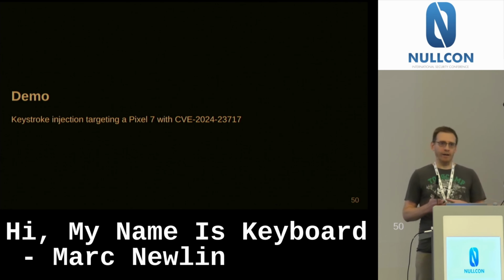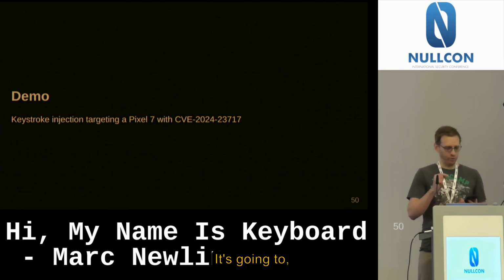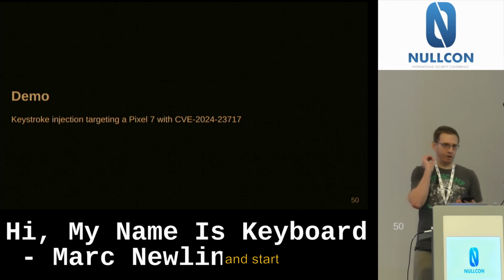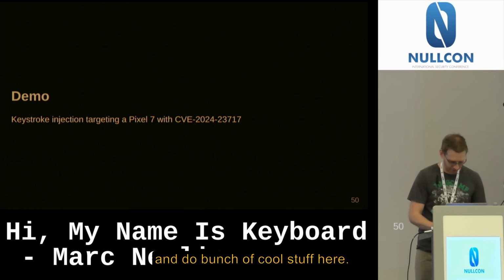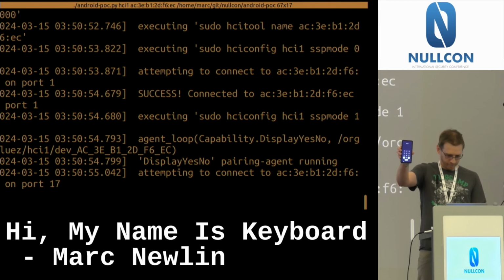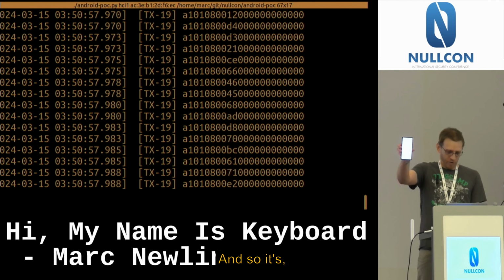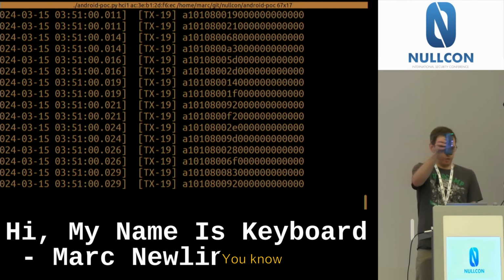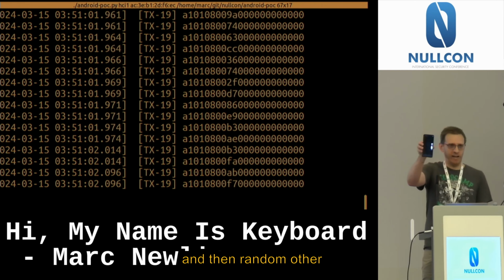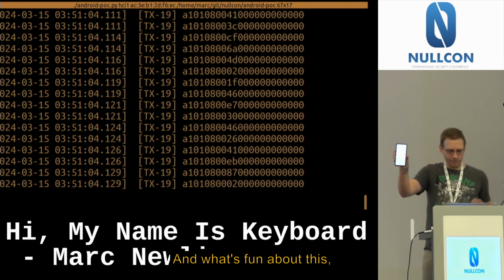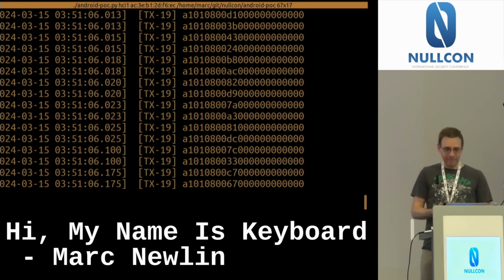And so what we'll do, I'll run a script. It is going to connect this Android phone and start button mashing random key chords, and so we'll see the screen flash and do a bunch of goofy stuff here. And so it's setting random key chords of Control, Alt, Enter, Shift, and then random other hidden key codes. And what's fun about this is you can have